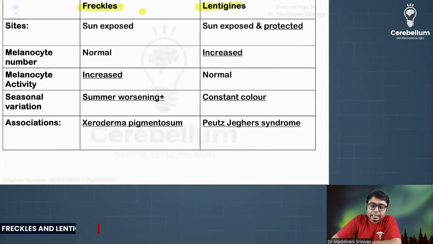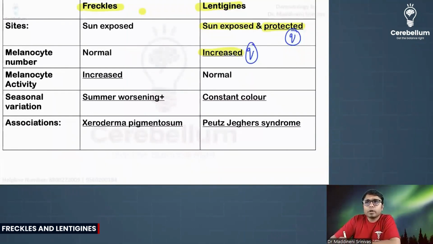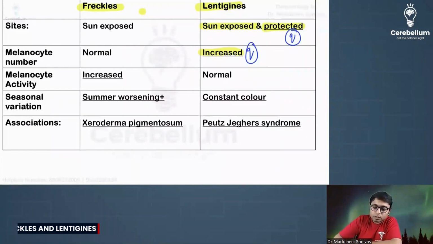Freckles and lentigines. Here are a few points to remember. In lentigines, the melanocyte number is increased. This is important. And one more thing you need to remember is that lentigines can affect sun-exposed and also sun-protected areas. These are the two important points related to lentigines,